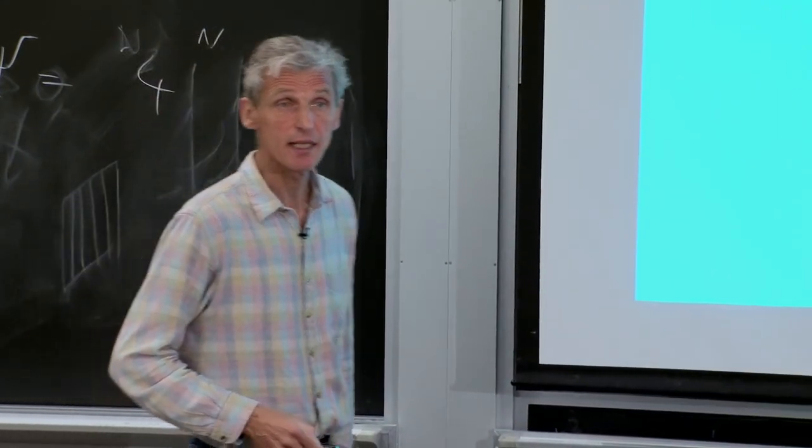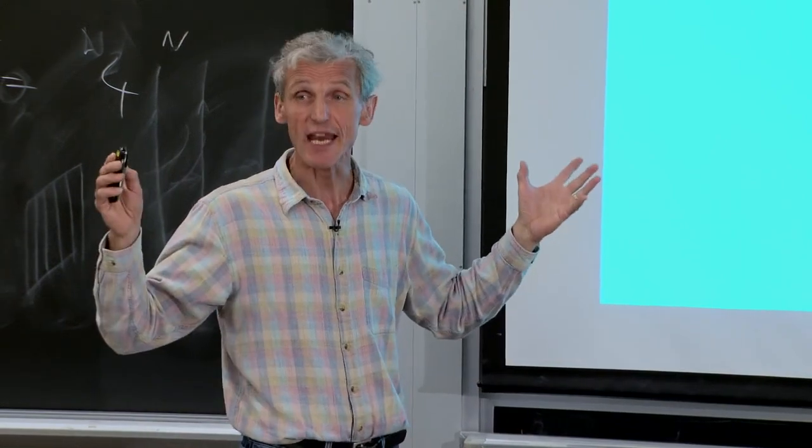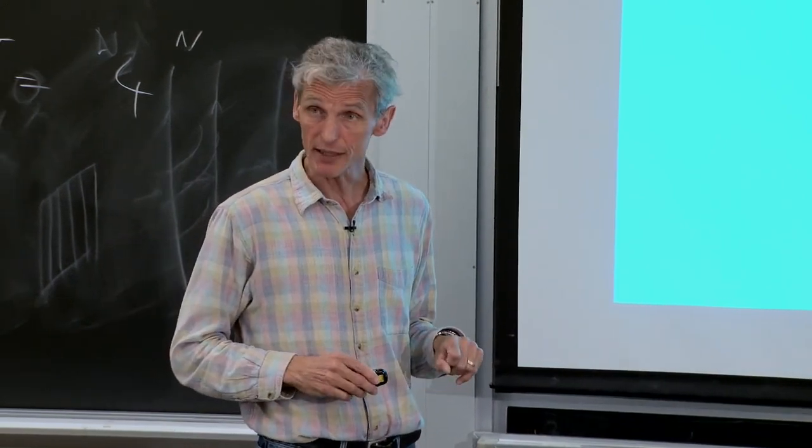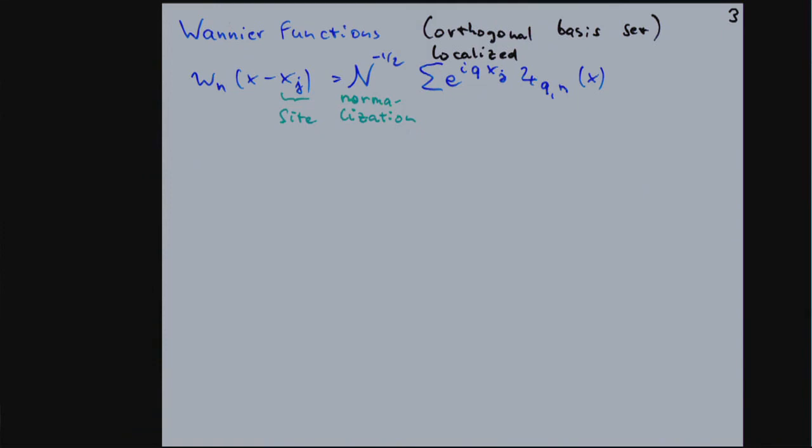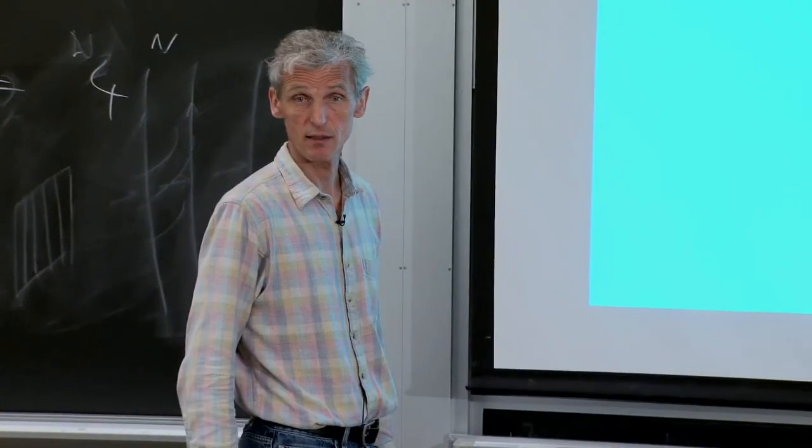So what appears here now for the first time is J. It appears here as the bandwidth. But let me immediately give it another interpretation as a tunneling matrix element in the following way. Right now we have formulated the physics in Bloch wave functions, which are infinitely extended. The Bloch wave functions are for the lattice what plane waves are for free space.